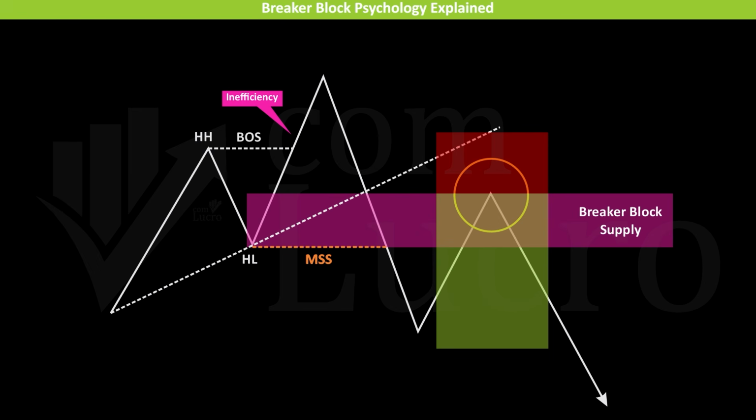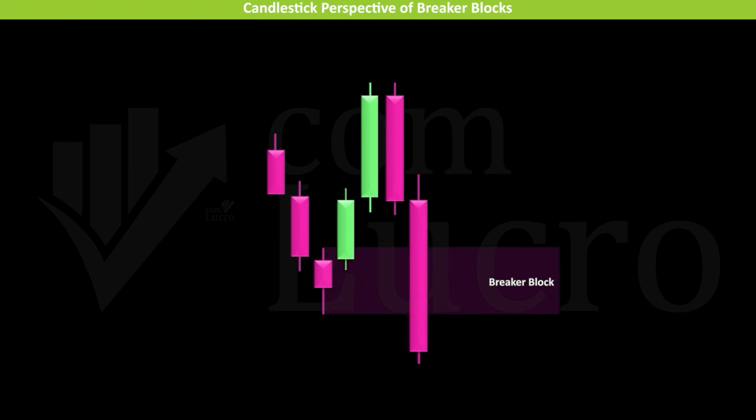One more point to note is that breaker blocks tend to be most effective when the market is trending strongly in either direction with shallow pullbacks, and when price is not respecting premium or discount supply and demand levels along the way. Now let us move to the next topic and look at how breaker blocks are identified from a